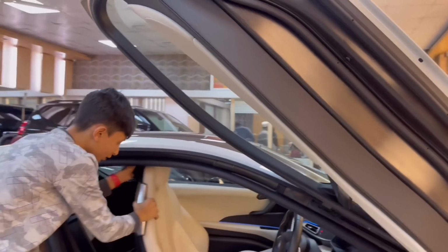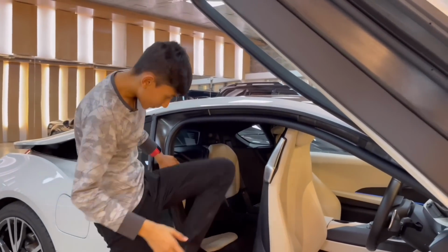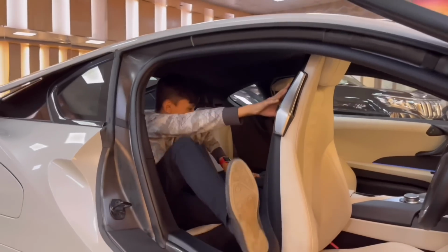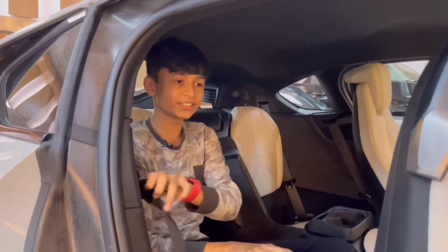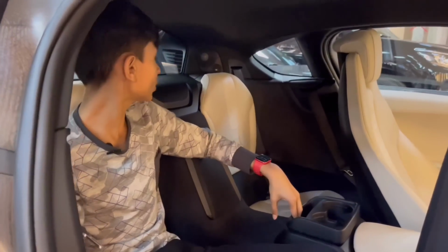Now we're almost done with everything except the rear seats. So this is a 4-seater car, so for getting inside, that is the space I have. So oh my, so this is how much space I have. This is the seat belt for the driver, so you have 2 cup holders here with a phone holder and